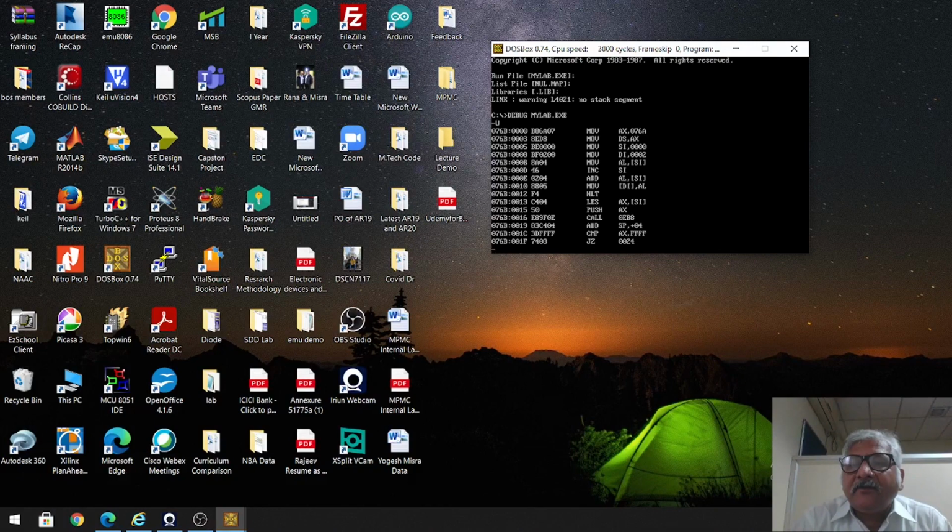After that you see the third instruction, MOV SI, 0000. If you recall what we wrote in our program, MOV SI, OFFSET numbers. So whatever is the offset address of my first number, that has to be loaded in the SI register, right? Since on this laptop I don't know which offset addresses are available for us, that's why we have used the directive and automatically these addresses are generated.